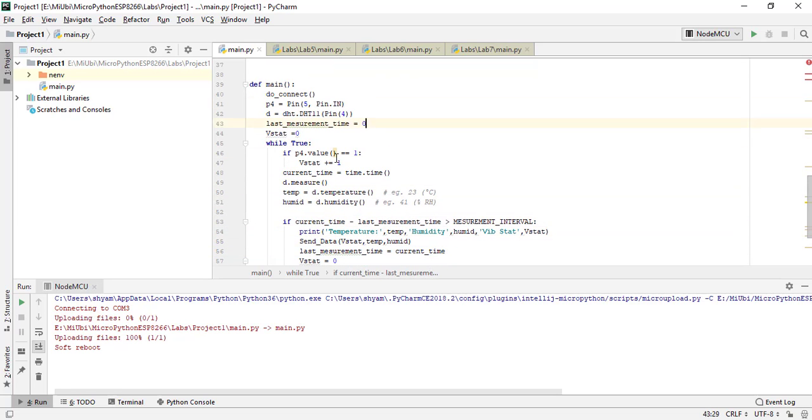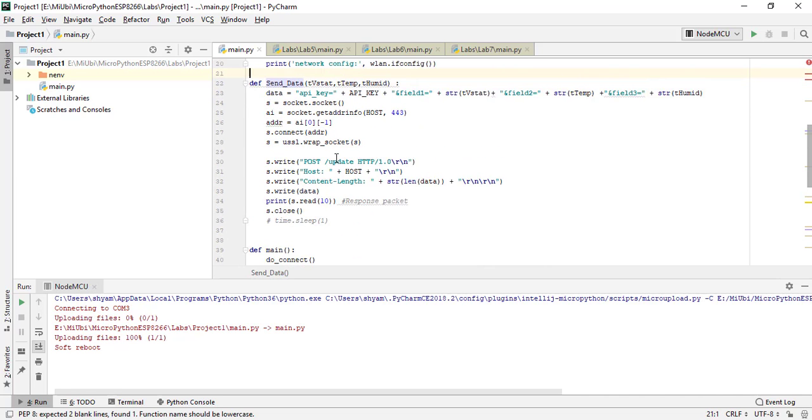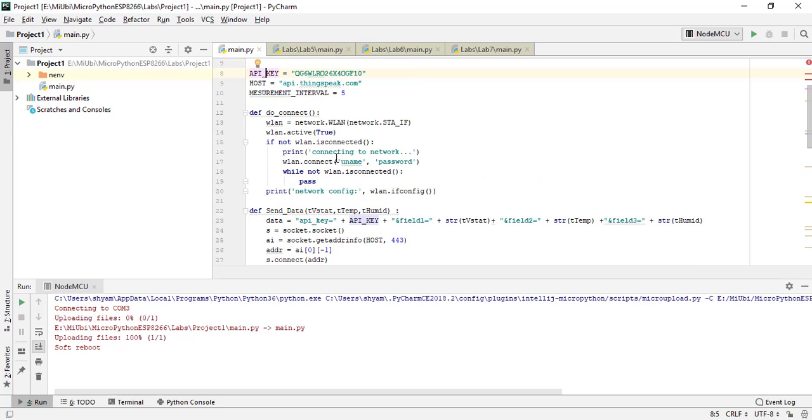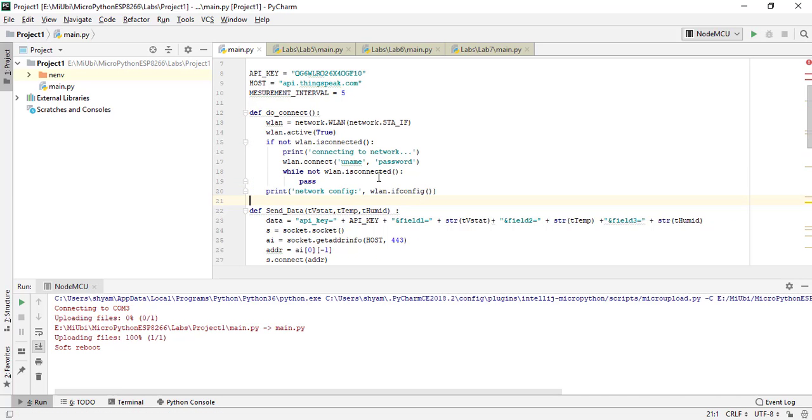And now in main, I'm writing something to connect. This is the same function we have used in our previous lab to connect in the Star Wars episode. Just use your username and password here.